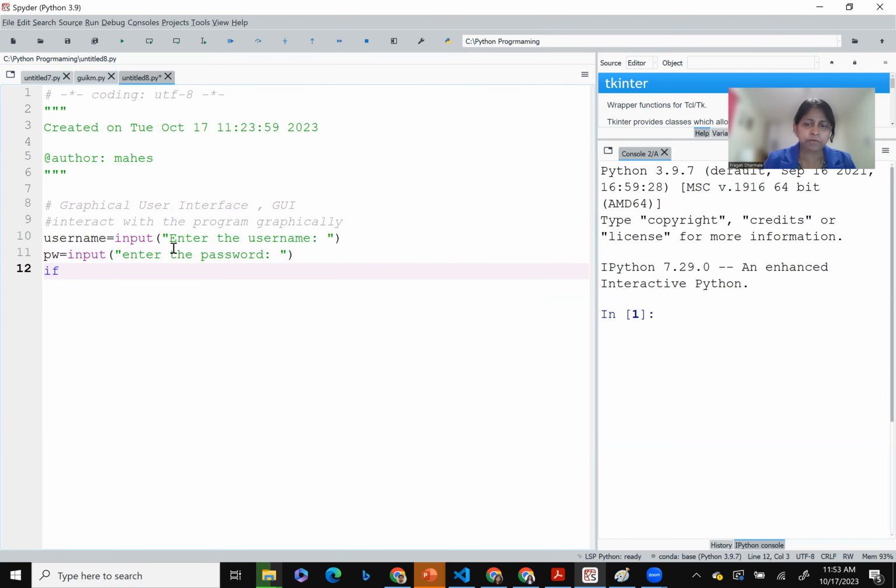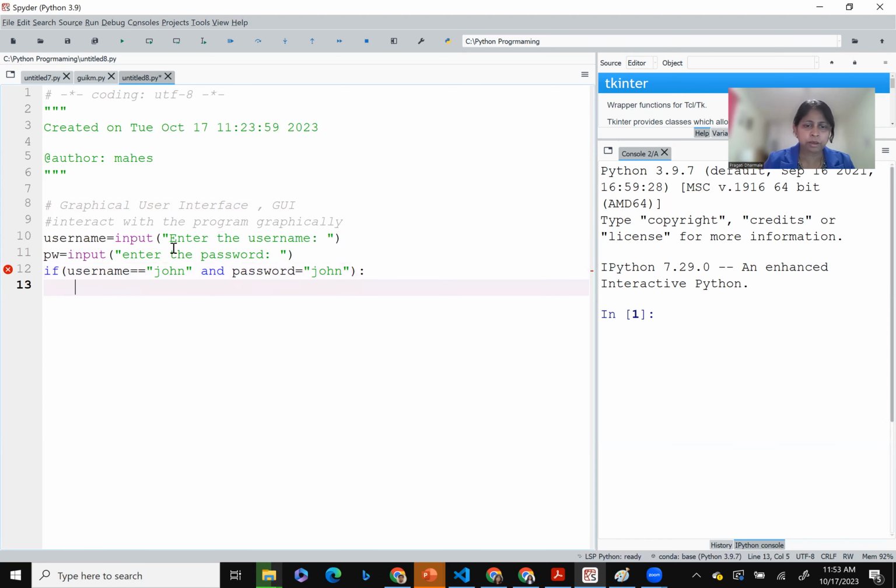And let's say if username equals any name, let's say John, and password equals John,